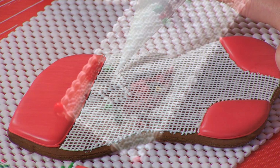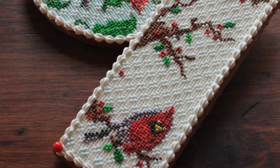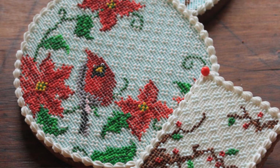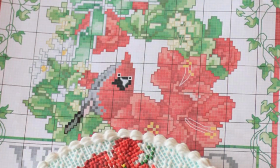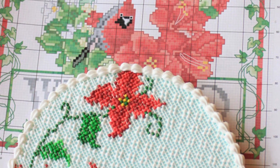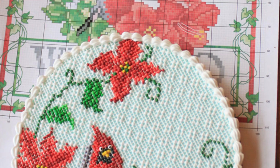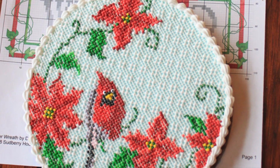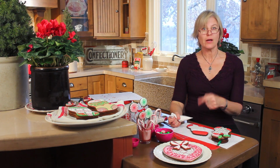I did do for last Christmas a cardinal cookie, which wasn't a symmetric pattern, so I had to be even more attentive. But what I did was I based it on an existing needlepoint pattern. So they're needlepoint patterns you can download online. Let me do one more row of diamonds underneath, and then we'll come back and put in the